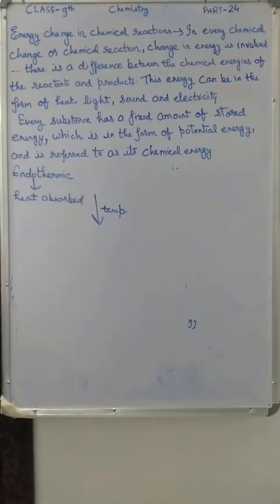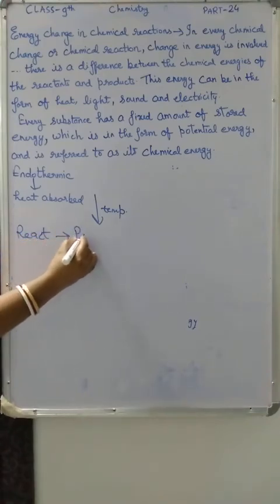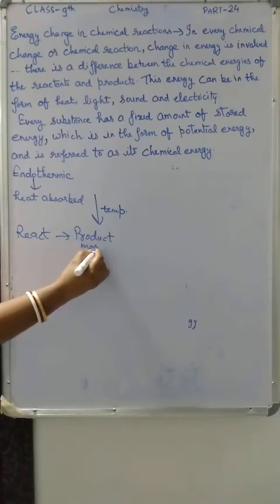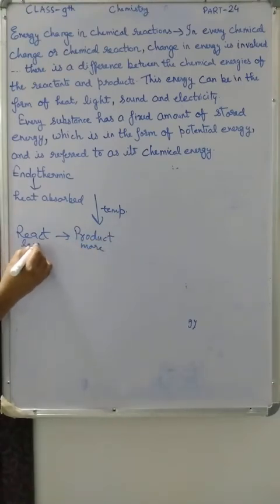So such reactions cannot be sustained without supply of energy from an external source. In this type of reaction, energy is supplied from an external source. In an endothermic reaction, the total energy content of the product is more than that of the reactant, just opposite of exothermic reaction. In this, the total content of energy on the product side will be more, and on the reactant side it will be less. Okay, so just opposite of exothermic reaction.